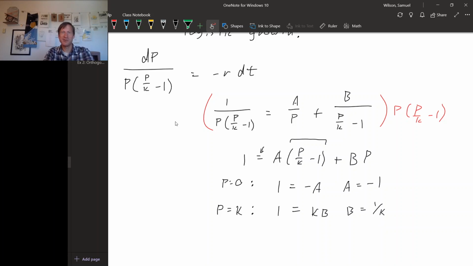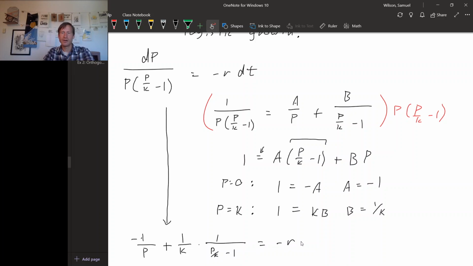All right, so now that we have our coefficients for partial fractions, we can continue solving. So on the left-hand side, we have A, which is minus 1 over p, plus B, which is 1 over k, times 1 over (p over k minus 1),